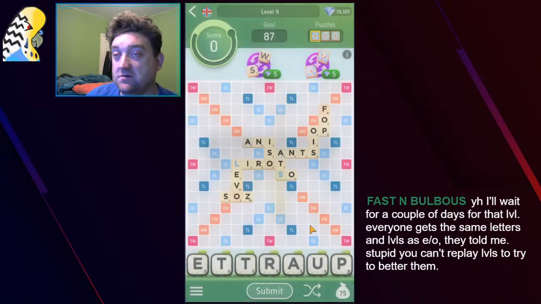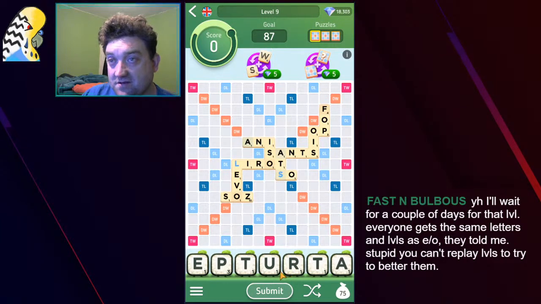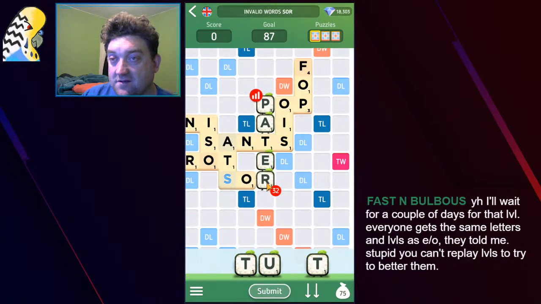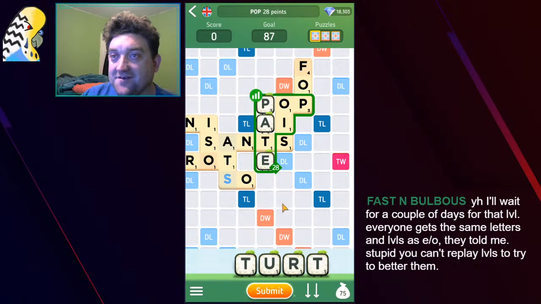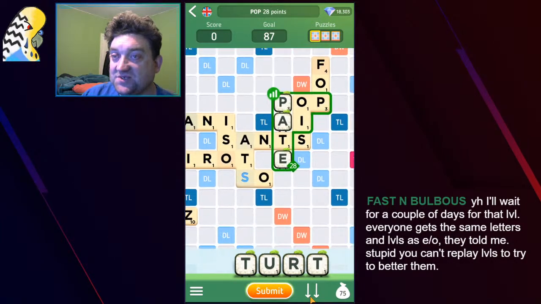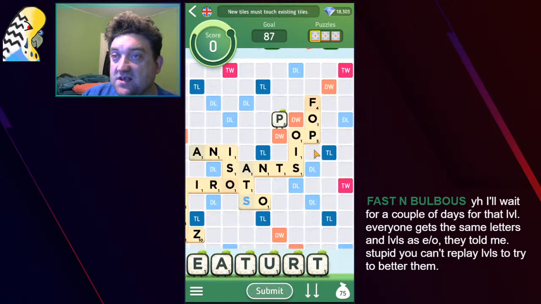Right, here we go again. Right. Doesn't look very high scoring, this one. I could be wrong. We could do something like this. Oh no, sorry. No, we can't. Anyway, that's 28. That's a start. I was thinking of putting the P there, but